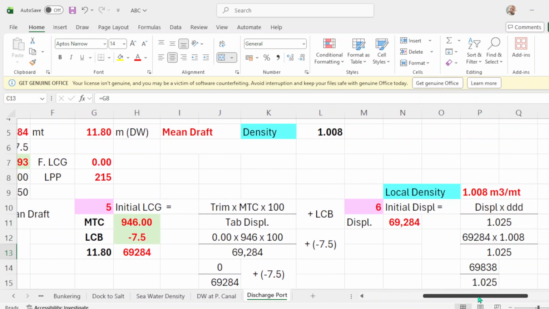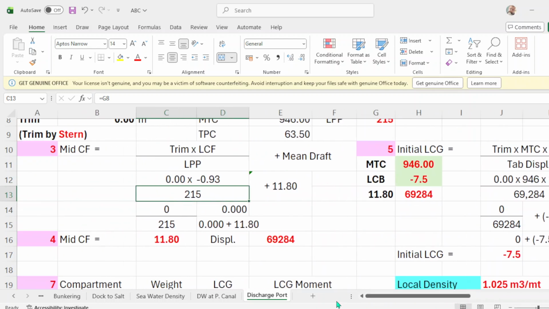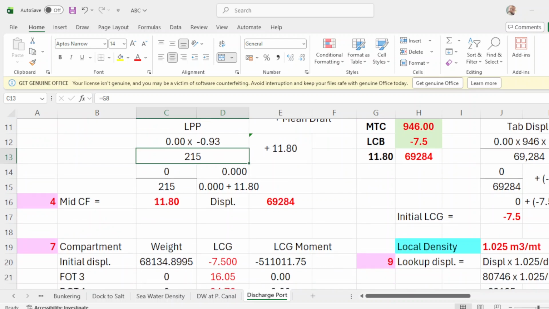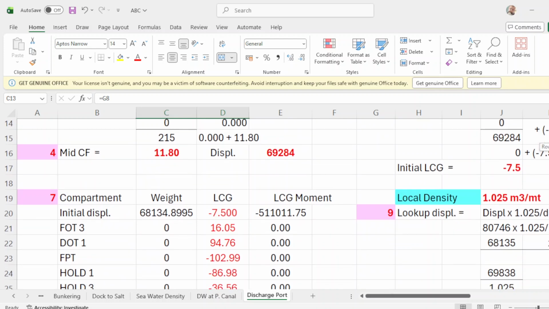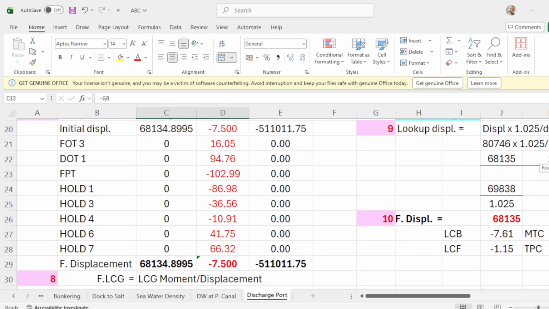Number 6, that will be 68135, okay, 68135. So you have here 68135. Your initial LCG is negative 7.5. Multiply your weight times LCG, that will be your LCG moment of 511011.75. Since you did not discharge or add cargo here, you have the same weight as your final displacement of